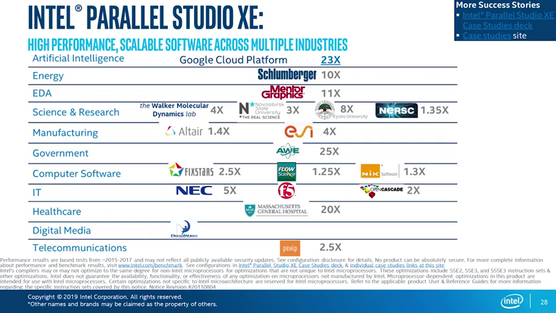So if we look at some of the numbers here, for artificial intelligence on the Google Cloud Platform as an example, we saw a 23x improvement in AI performance with Google Cloud. We saw a 10x improvement for energy use cases in Schlumberger applications. And we can go down the list and just see that our Intel tools provide tangible value to the marketplace that wouldn't be there before if Intel didn't provide that value. So Intel really does focus on providing real value, real software value add for the customers as they're deploying their